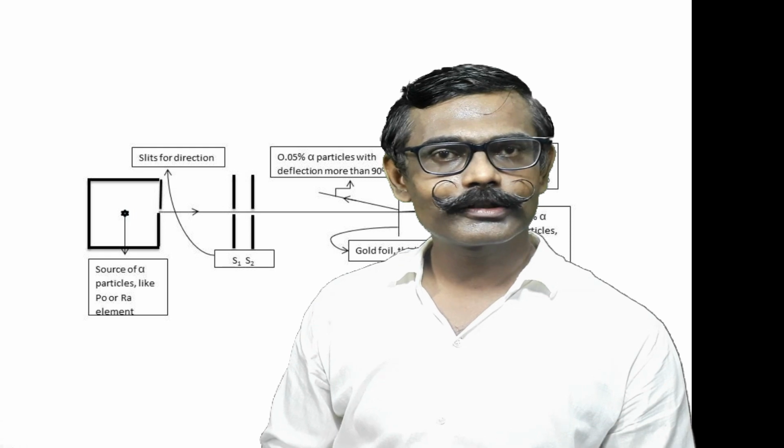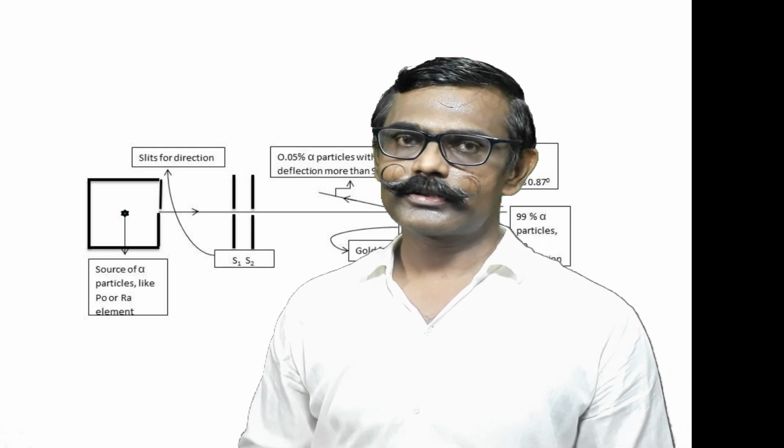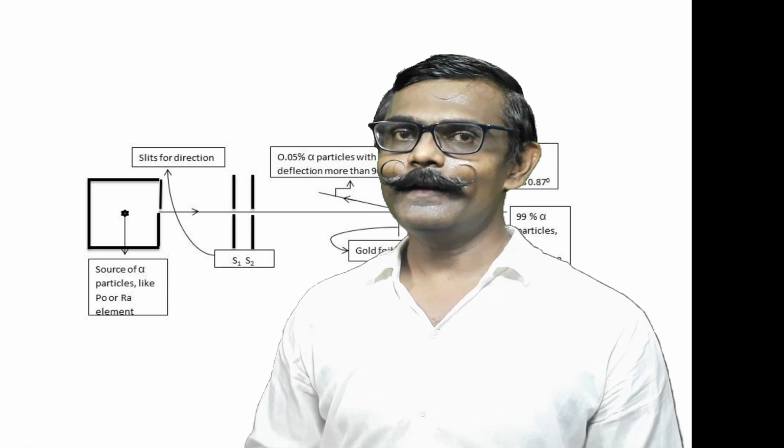They went to their teacher, Rutherford. Rutherford, after studying this experiment, interpreted a few things. What is his interpretation? From that, a second model for the atom was devised. He said there is a considerable gap present in the atom, and a few particles were deflected and very few showed more deflection or rebounded.